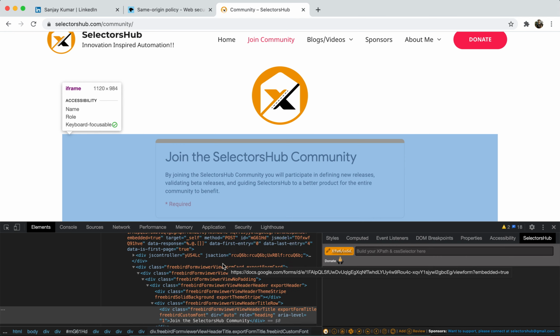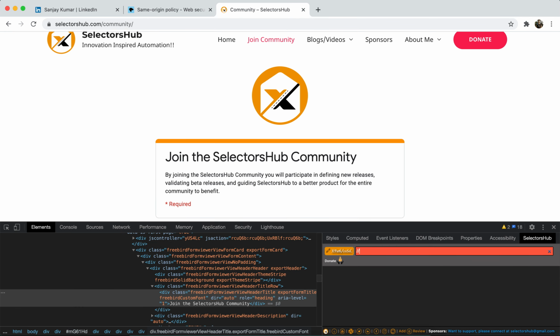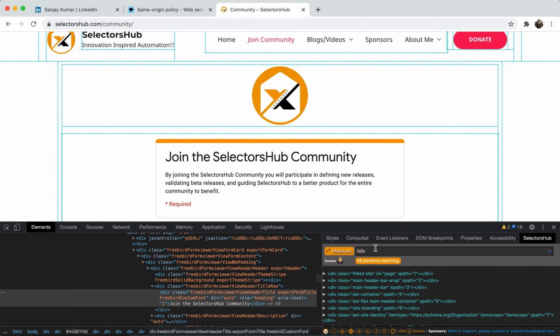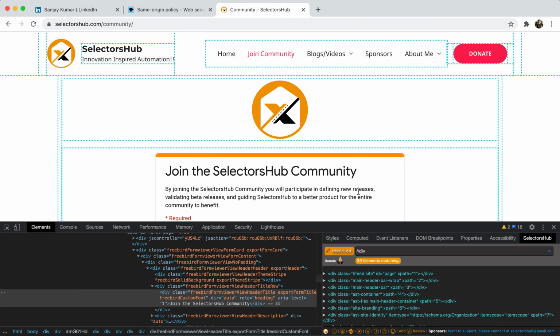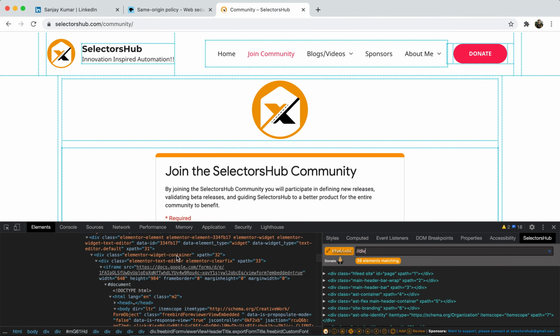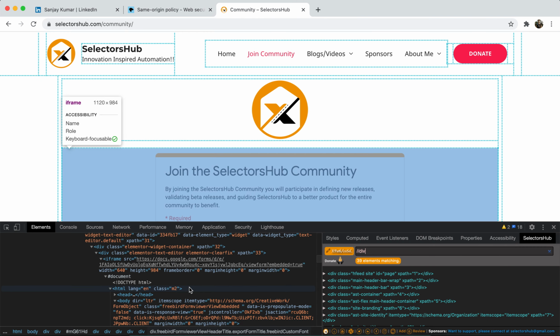Now if you start typing here, the auto suggest will not come. But if you type, let's say, /div and press enter, it will verify this XPath outside this DOM. You see, it highlights all the divs which are outside this iframe. So it has the context of the DOM which is outside the iframe. Don't get confused that this is verifying inside the iframe. It is verifying this XPath outside this iframe, and it is not working inside.